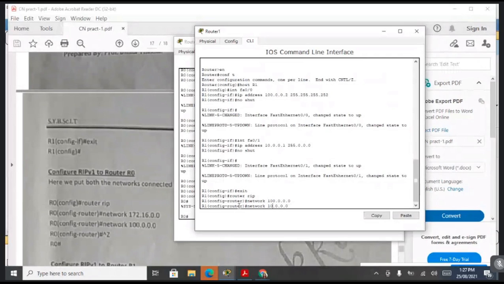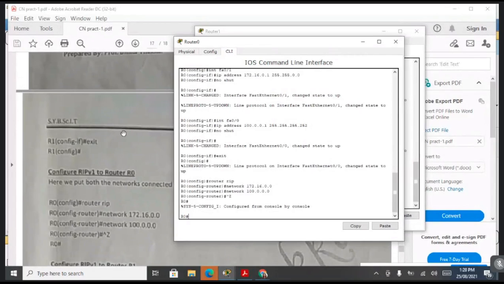Now you can see the show IP route on both the routers. We can see the show IP route to see the routing table. Now instead of S, as we got previously, now for RIP you will get an R. Look here, where did you get the R?